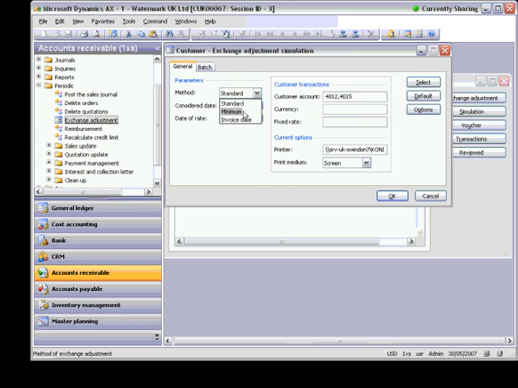Using minimum, an adjustment is made if there is loss, but not if there is a profit. So if I select minimum, system will adjust only loss. Invoice date: the system offsets any exchange adjustment that is not already offset. This causes the transaction being valid at its original value. So now I select standard, considered date,